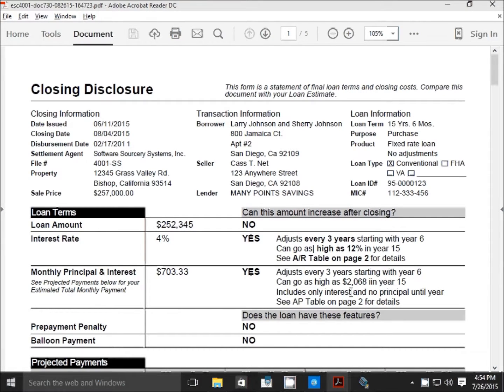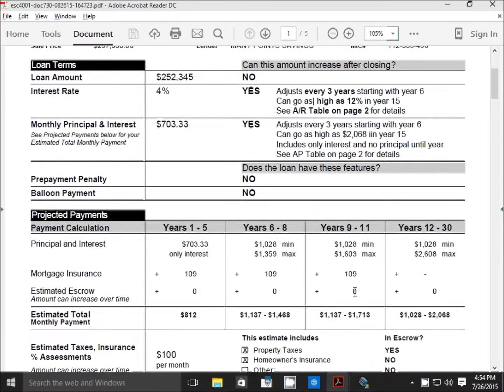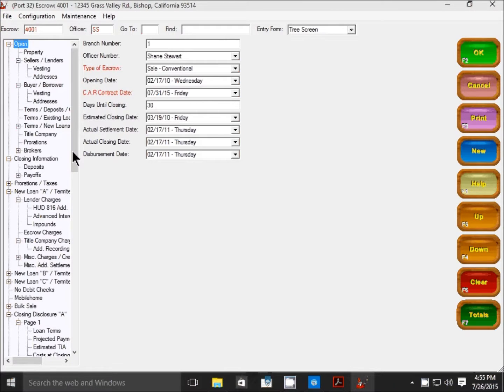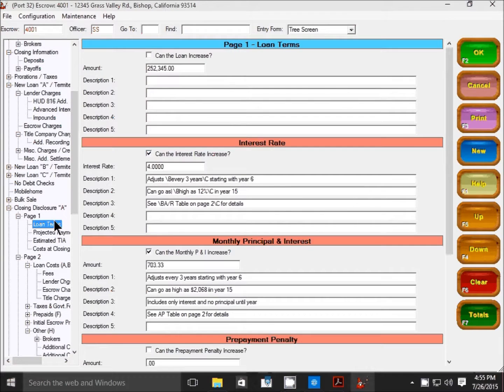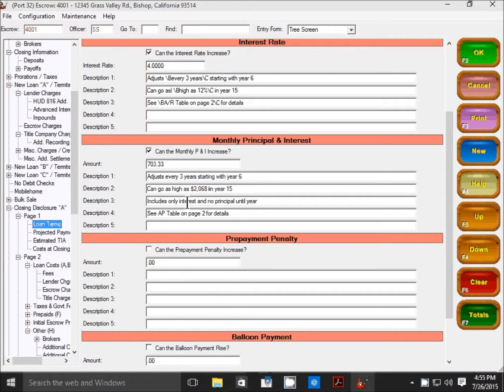I could go through and do these others, and I'll do that real quick. And then also to show that this line on the interest is not in bold, we're going to go ahead and bold that as well. So we'll go back to the maintenance screen, back down to loan terms. And again, it was "every 3 years." Backslash B for bold, backslash C for off. As for "highest," backslash B for bold,